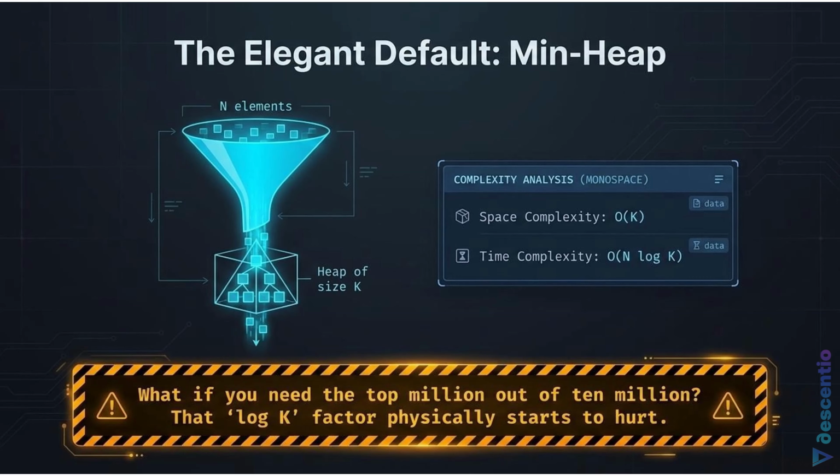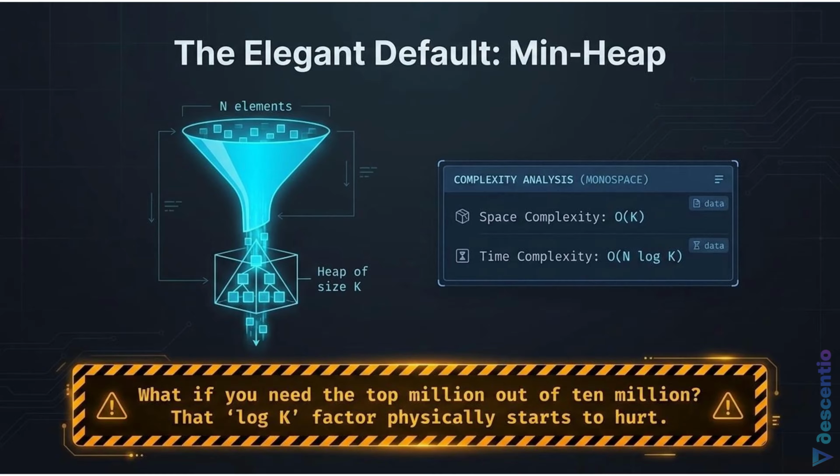So it's that bubbling down process that absolutely kills the efficiency. That is the log k factor in the time complexity that people memorize. Exactly. Because when k is 10, a tree only has 3 or 4 levels. So bubbling down takes literal microseconds. Barely a blip. But if k is 1,000,000, the tree is nearly 20 levels deep. That constant rebalancing, the shifting of nodes up and down the tree for every single insertion, starts to generate serious computational friction. And the algorithm basically begins choking on its own structural overhead.